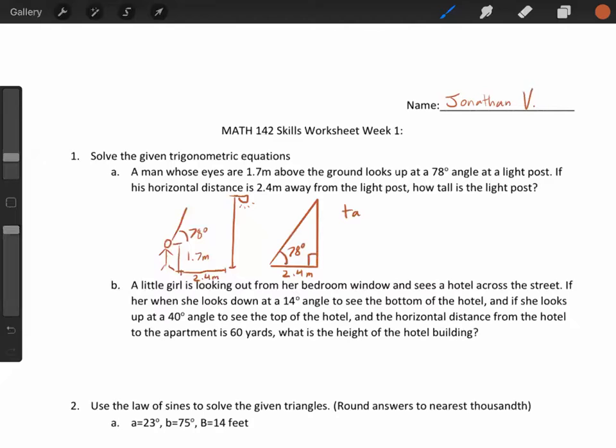So tangent of 78 degrees equals opposite over 2.4. Multiply both sides by 2.4. We get 2.4 tangent 78 degrees is equal to